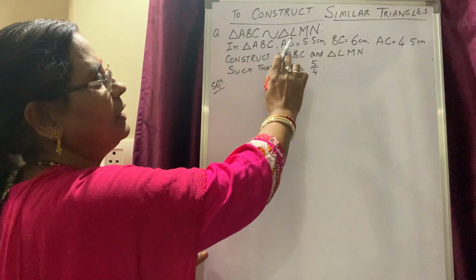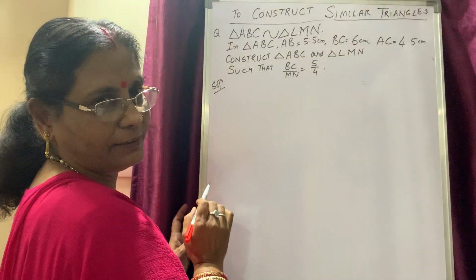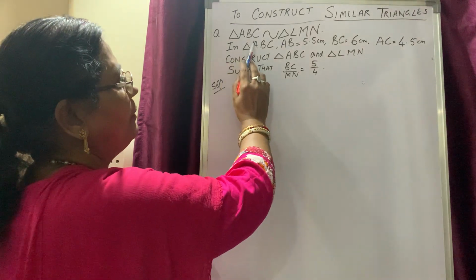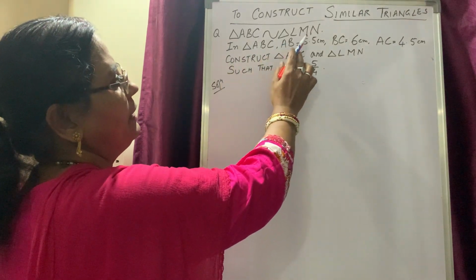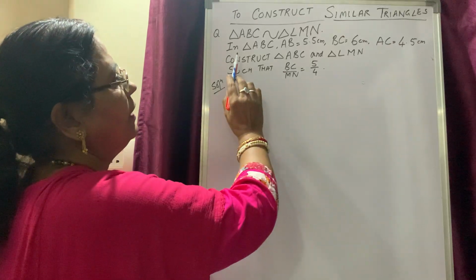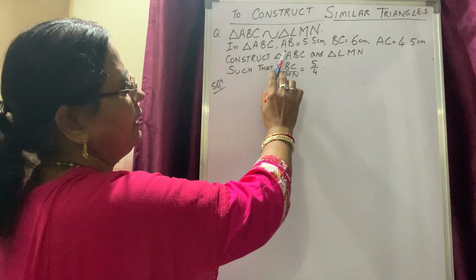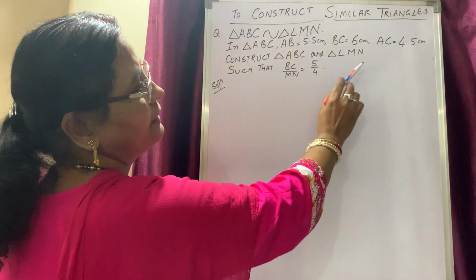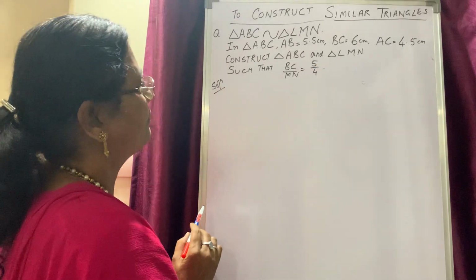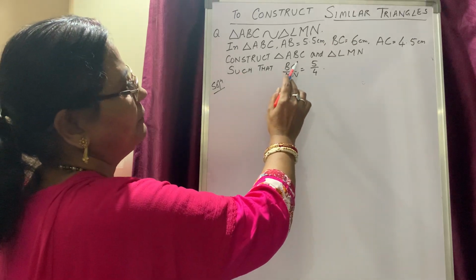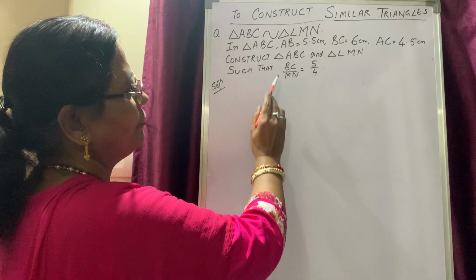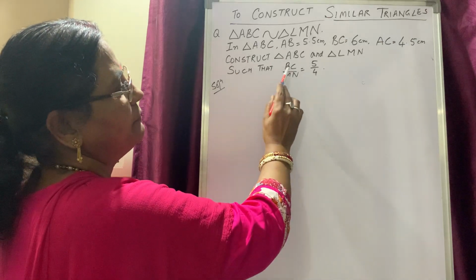Today we will learn to construct similar triangles. Let us take a question. Triangle ABC is similar to triangle LMN. In triangle ABC, given AB is equal to 5.5 cm, BC is equal to 6 cm, AC is equal to 4.5 cm. Construct triangle ABC and triangle LMN such that the ratio of the corresponding sides BC upon MN